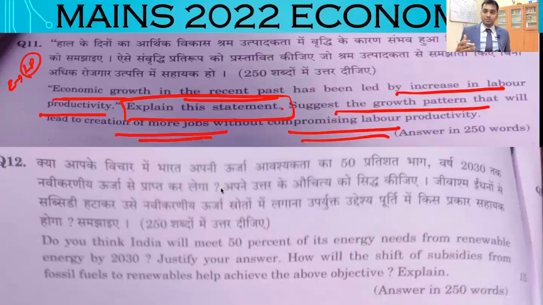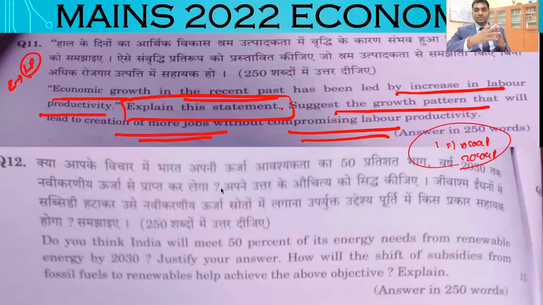The productivity of the labor from the number of hours that they work is increased. If I am working for 1 hour and I am able to generate 10 soaps, today you are generating 20 soaps in that 1 hour. That is called labor productivity, right? Now this is something which is unexpected or complex.